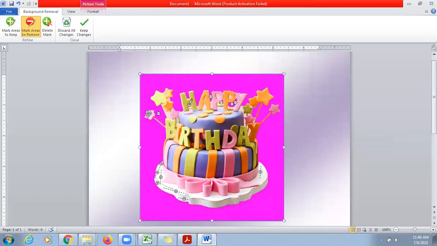This one also, and from the P also. Okay, now it's done. I wanted to remove this portion also, this one also, and this one also. So you can mark the areas like this.